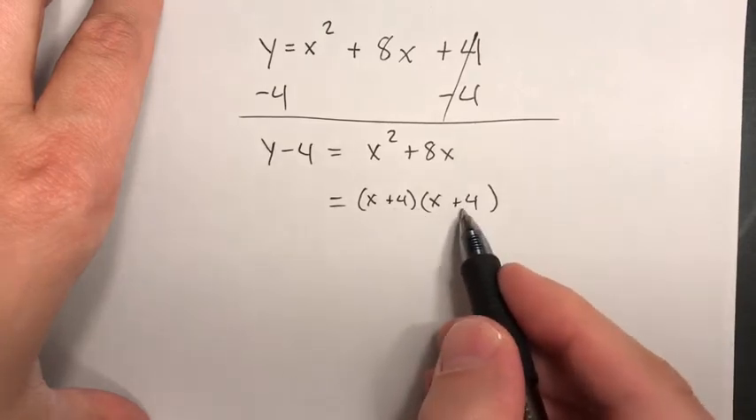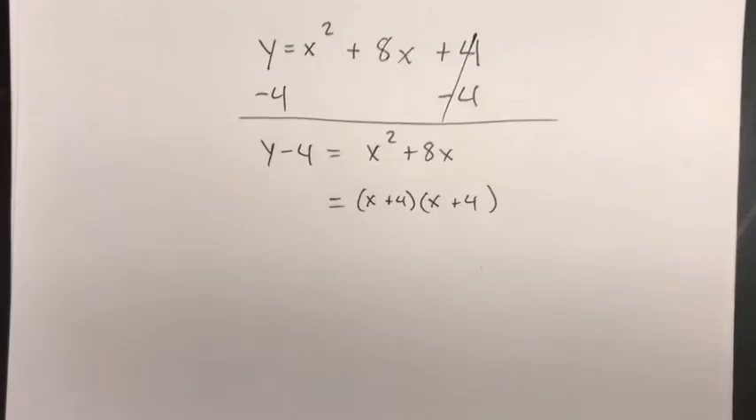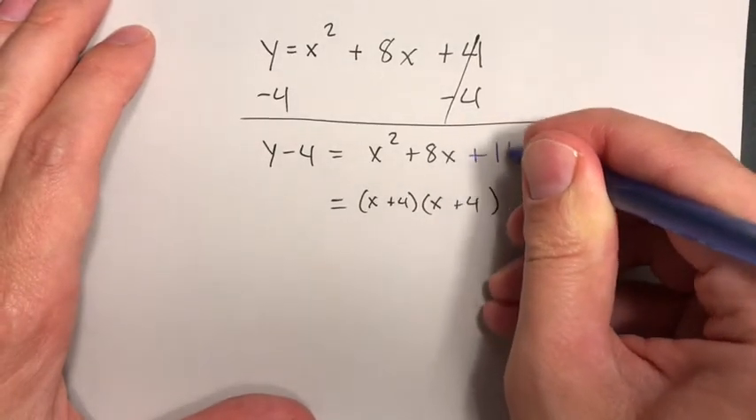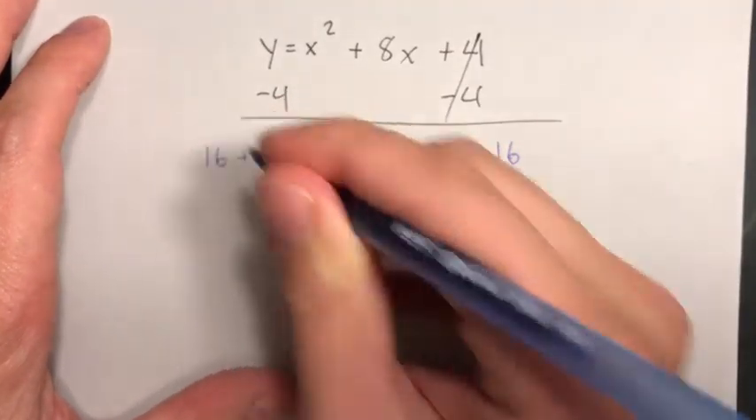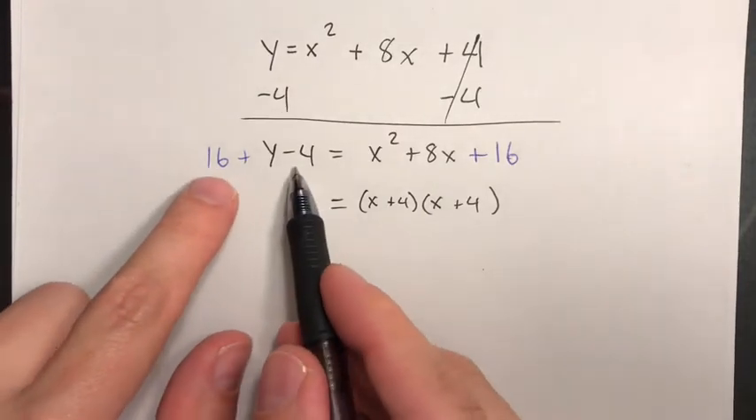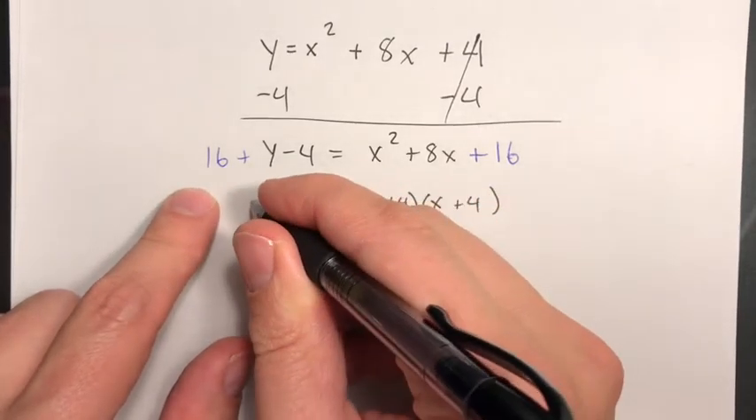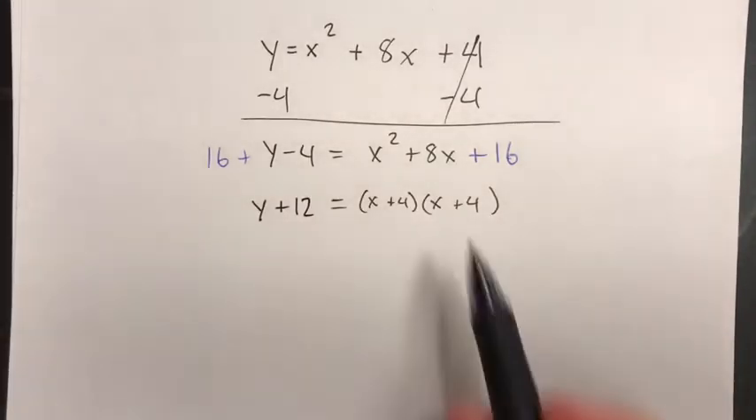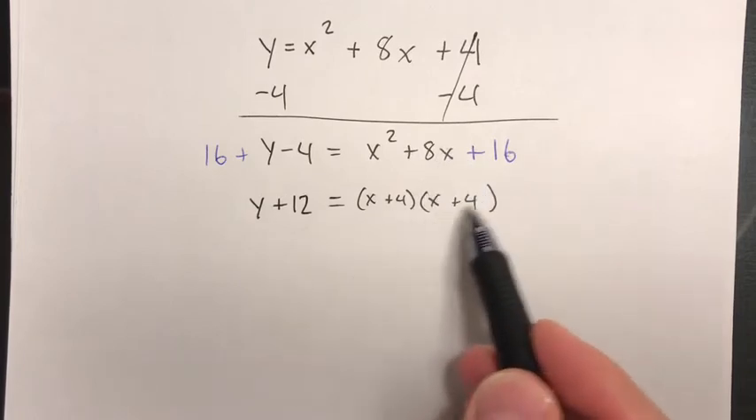It would just be x plus 4, right? But in order for this to work, this number over here would have to be a positive 16. So to make everything balance, I'm going to add 16 to the right side, but I'm also going to add it to the left side to keep things balanced, okay? Now I'm going to simplify this left side here. 16 minus 4 is going to be 12, right? So y plus 12 equals x squared plus 8x plus 16,